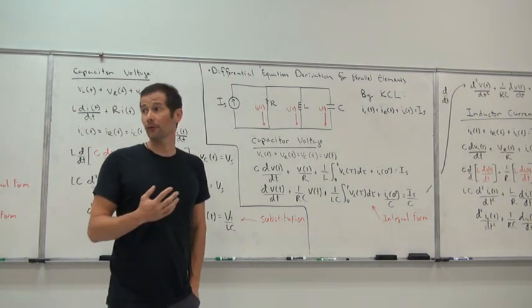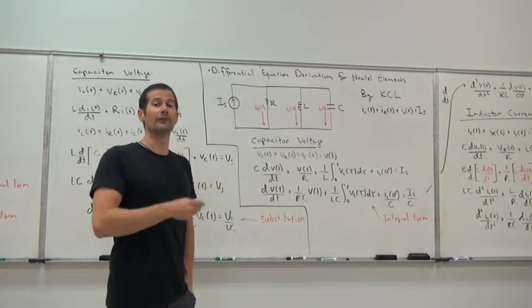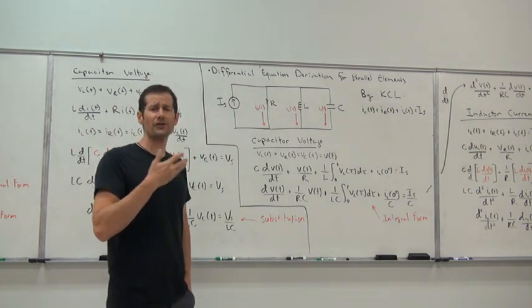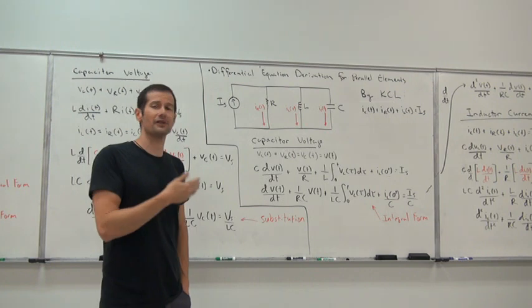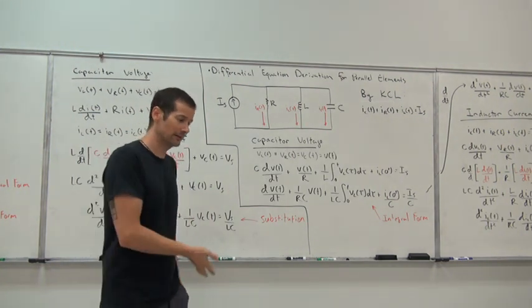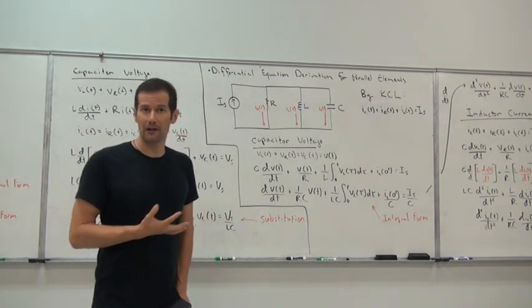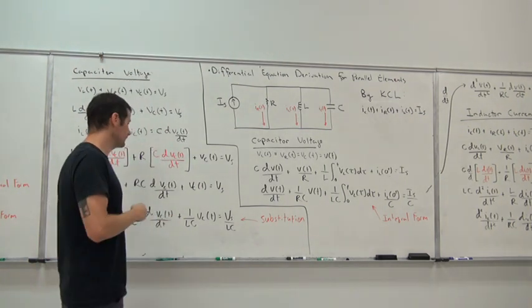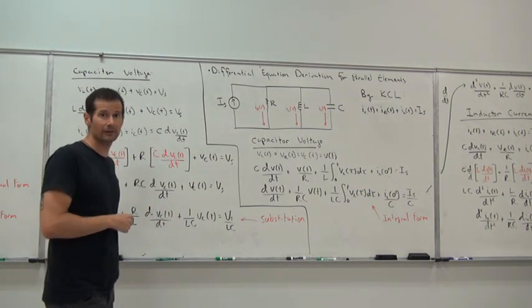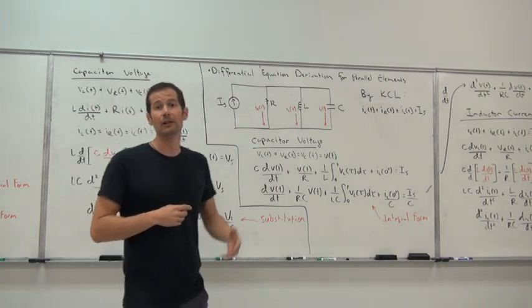So in summary, for series elements, the integral form and the derivative form are for the inductor's current. That's basically an expansion of the KVL equation directly into the variable I of t, which is also the inductor's current, or we can manipulate the entire equation through substitution in order to get the second order derivative form for